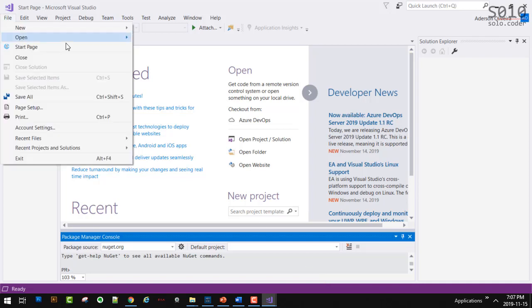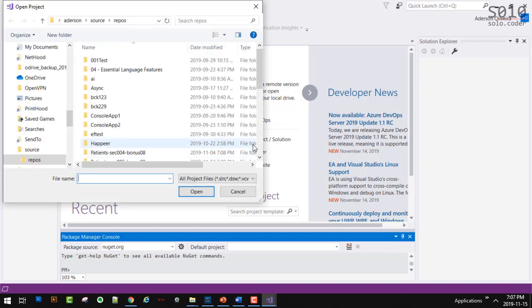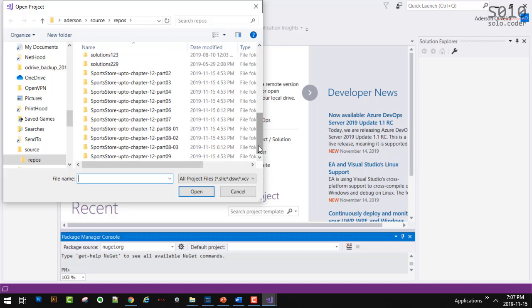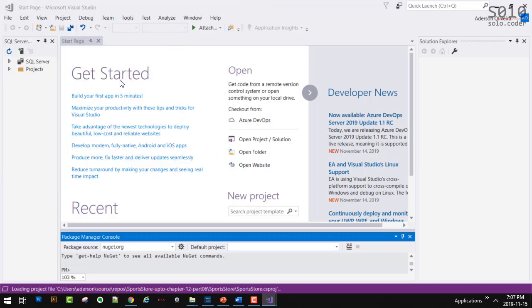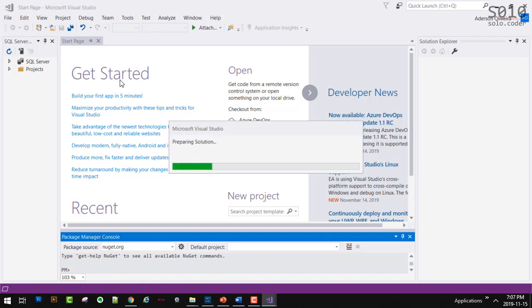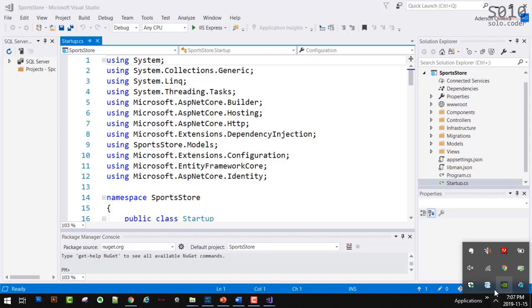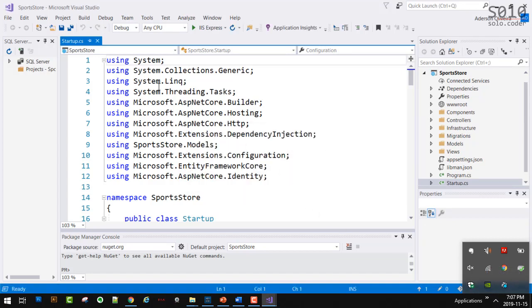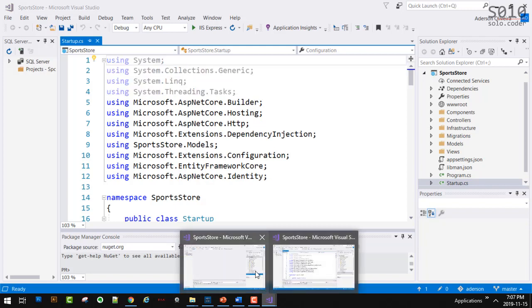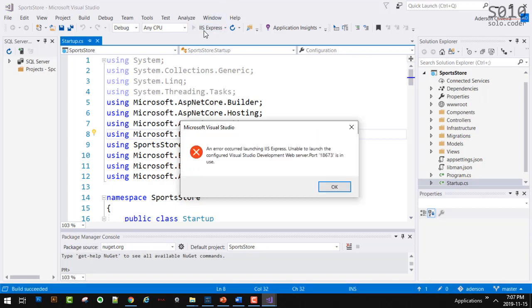If I go open, I have that version here. Okay, so with this one, before I get coding, I'm going to run it.